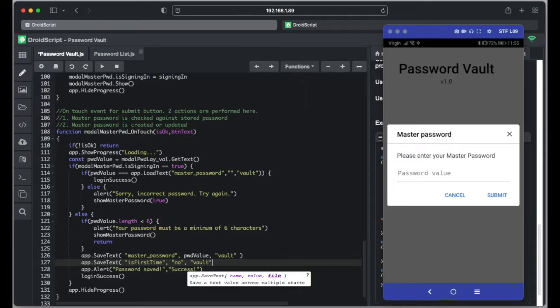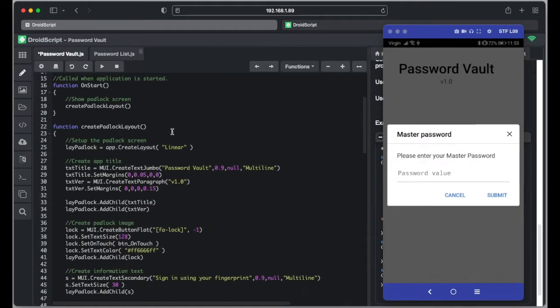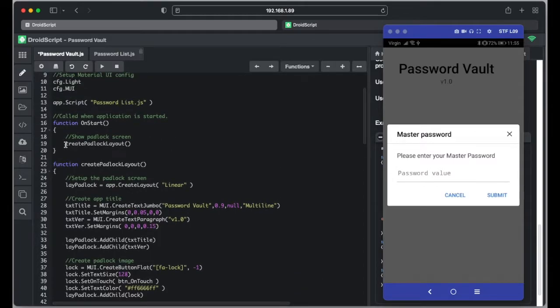Doesn't matter, you could put a 1 or 0, and then each time now that's going to save the text there, and it's always going to put this. So we can then use this when we first load the application, is first time. We could put right up here on the on start here, so we could put